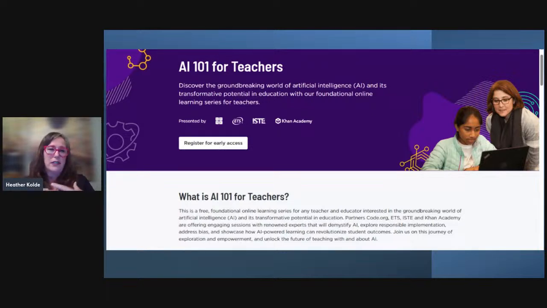It's really designed for teachers. It's very accessible and has conversations about AI and what's happening. I would highly recommend that if it's a new topic for you. There's also some great material on code.org for you to use with your students. And that's all free, and some great products that I'd also recommend.